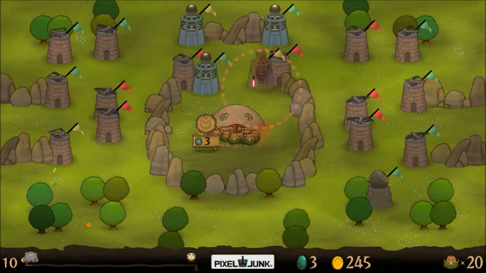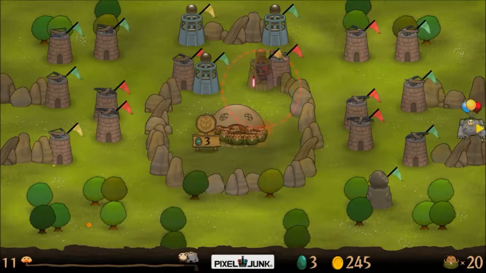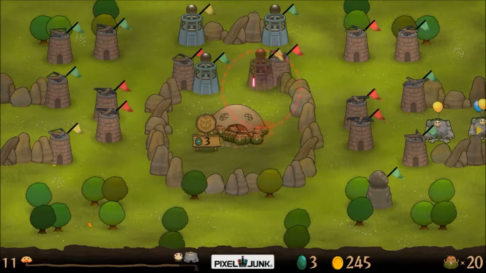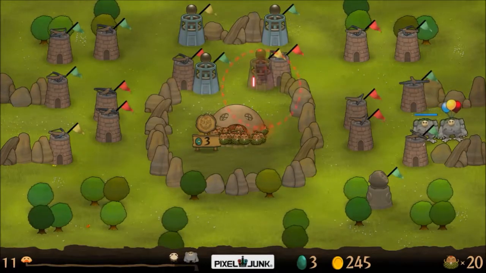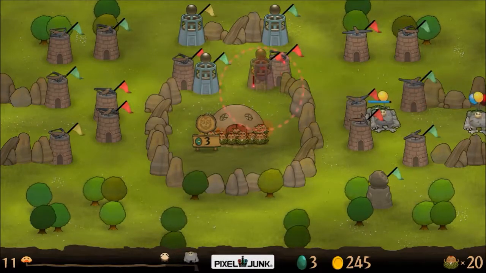So that's 1 point for PixelJunk Monsters. We're more than halfway through here. Gotta have those arrow towers right up front for these balloon guys. I wonder if one of the other level